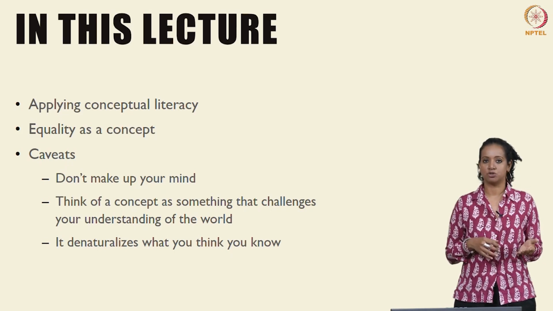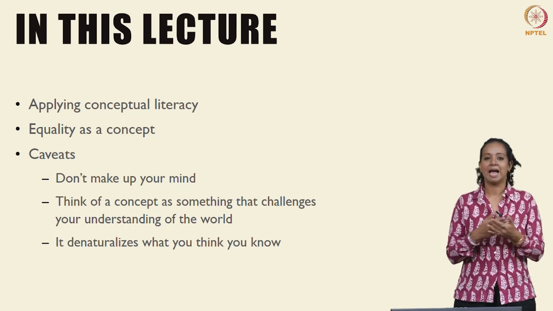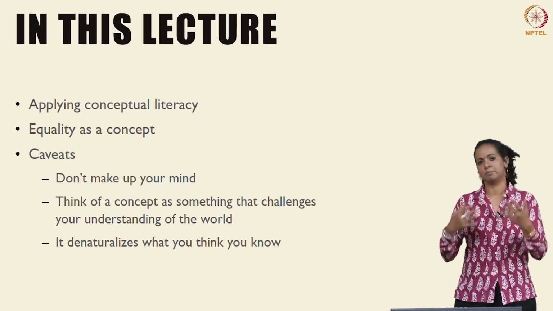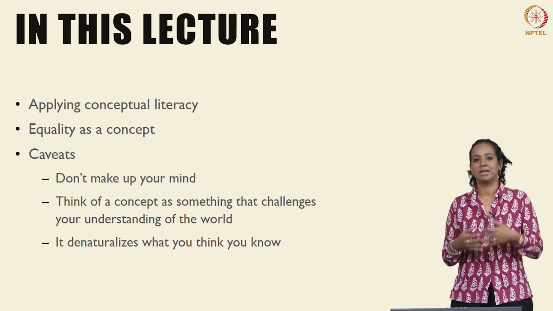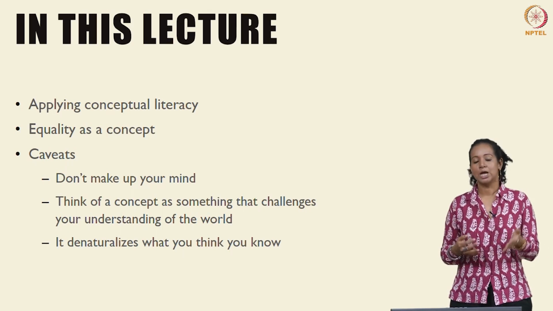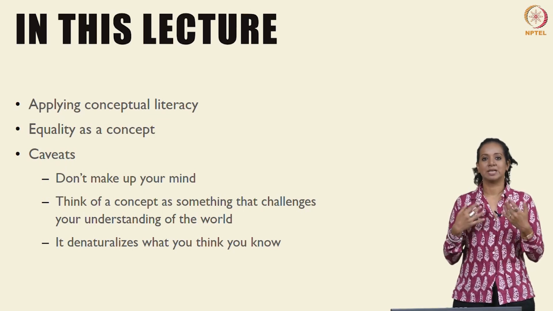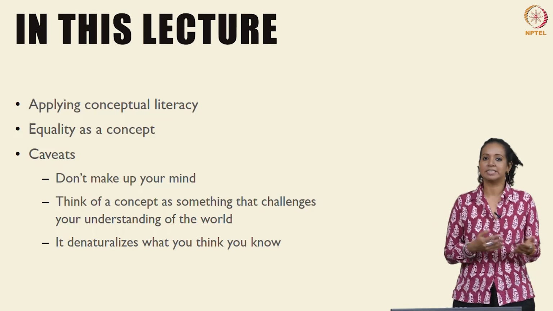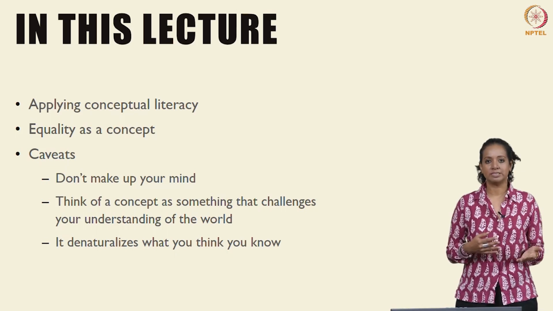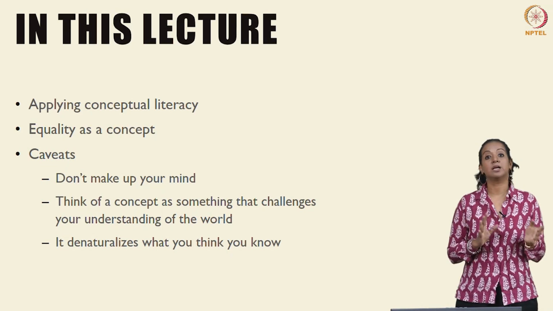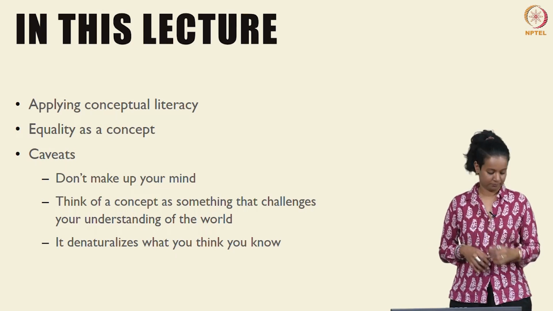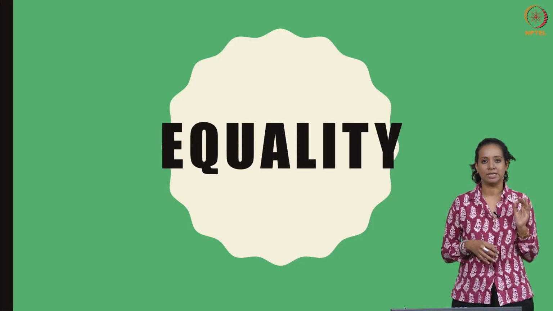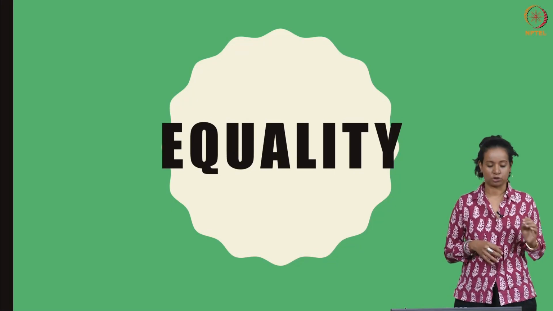3. Think of it as necessarily denaturalizing what you know. What do I mean by denaturalization? The same that a lot of theory means, which is we think of concepts as things in the world. Equality is something that we understand. You and I are equal. Humans are supposed to be equal to each other. All humanity is considered to be equal. But when you sit with it and then begin to examine the reasons why that doesn't seem to play out in actual consequences, then you'll have to also make a conceptual adjustment, which is part of what we are trying to do today. Without further ado, equality is our concept for today's lecture.